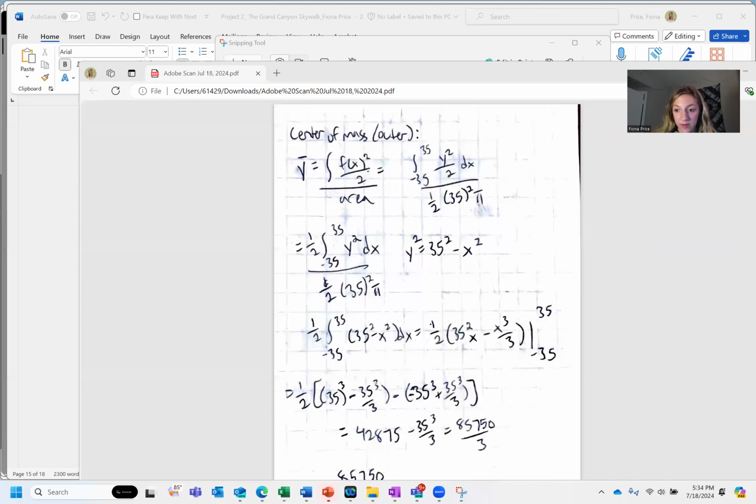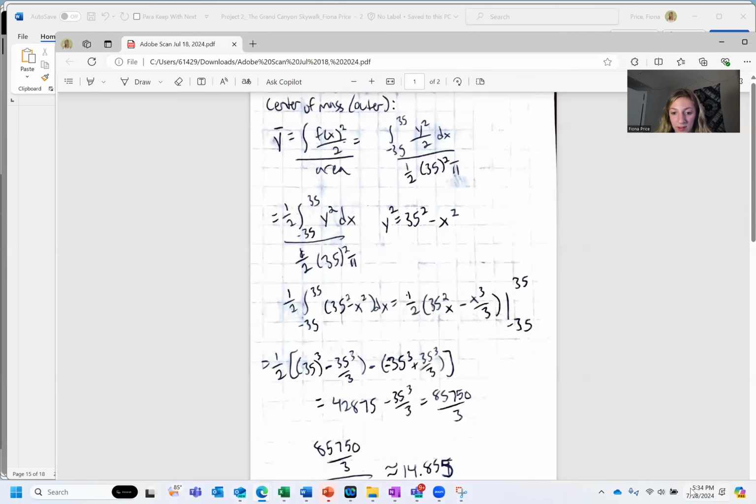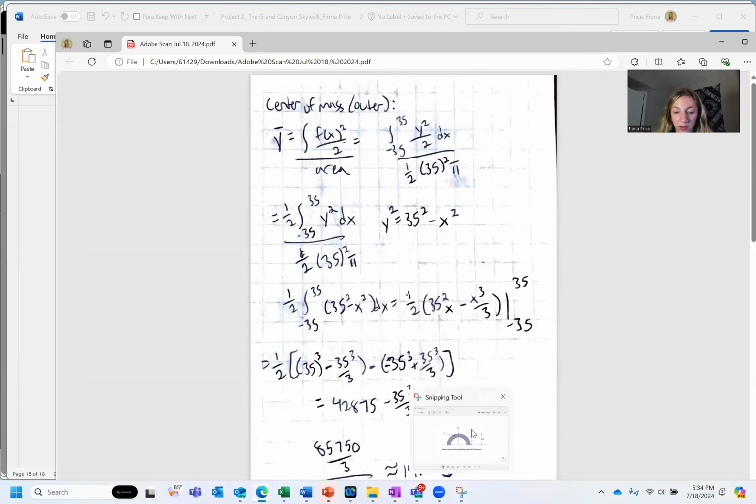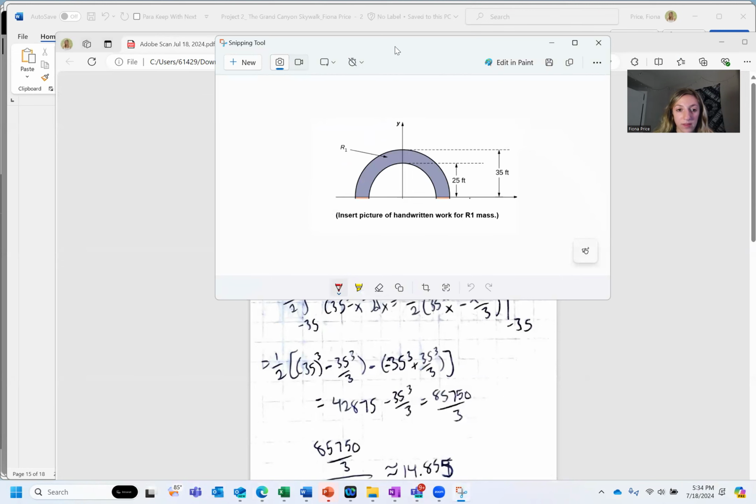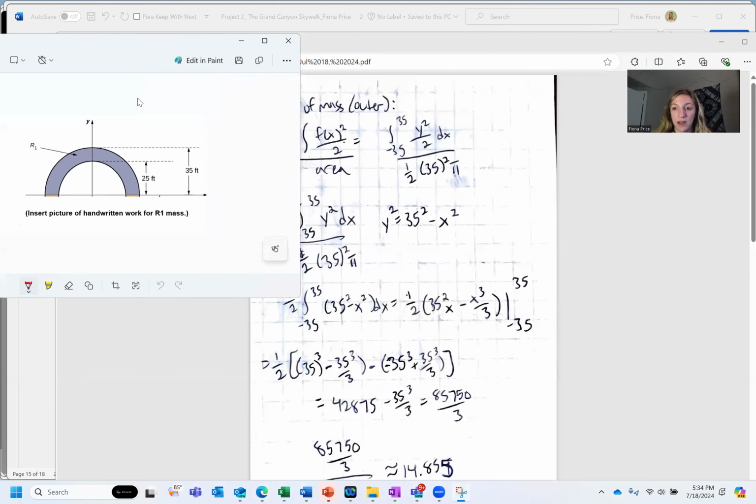So let's dive into finding the center of mass for Region 1 for Project 2. I'm going to share my screen. And you can see at the bottom, this is today's date. And I'm also going to pull up the region that we want to find the center of